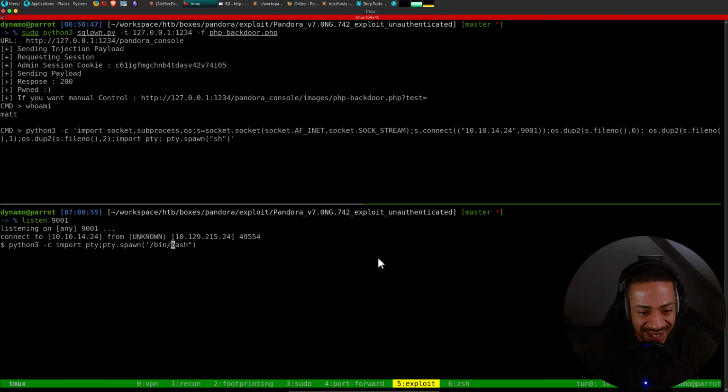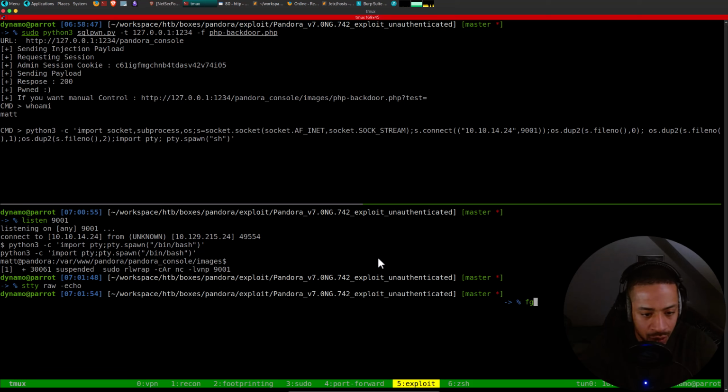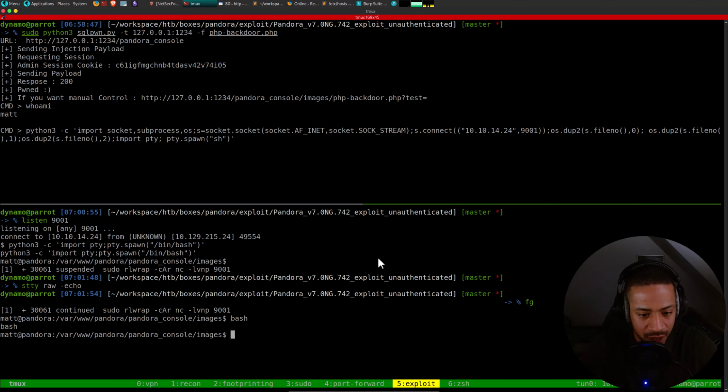So it's like this, and I forgot these quotation marks here. Close enough. Next time I'll do it correctly. Then I'll do Control Z. I'll say stty -echo and go back into that shell. And now I should have a better shell.